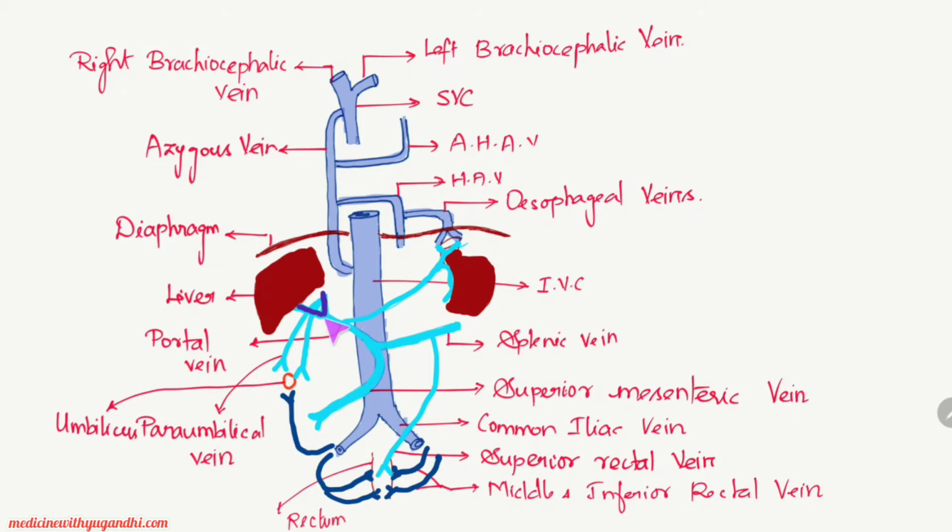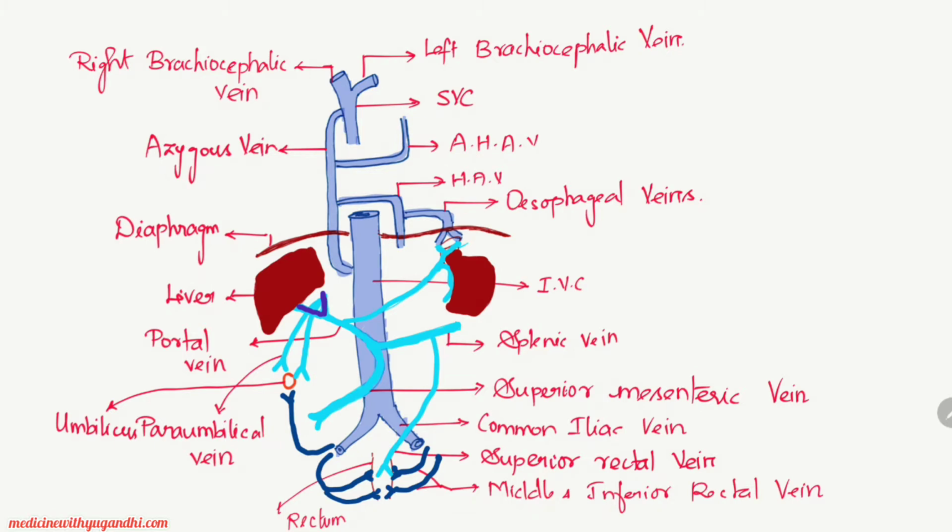So here you can see the portal vein that is formed by the union of the splenic vein together with the superior mesenteric vein. Once it reaches the liver, it divides into the right and left branches. As I already mentioned, we are going to see the three most important sites of the portocaval anastomosis with the diagrammatic representation. One is the lower end of the esophagus, the next one is the lower end of the rectum, and the third one is the umbilicus.